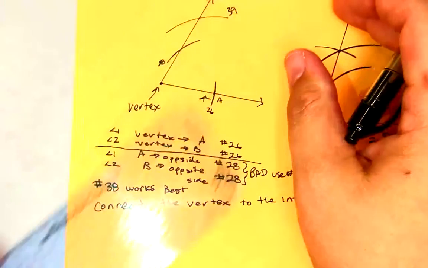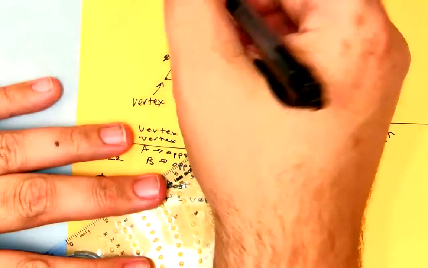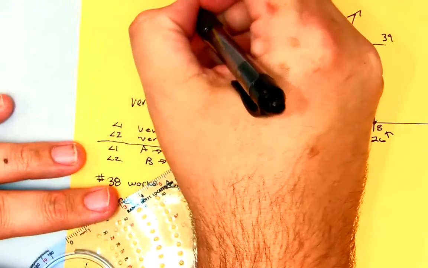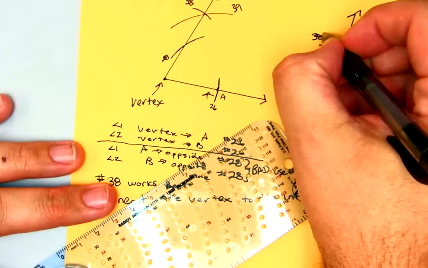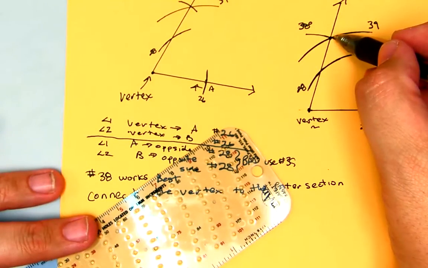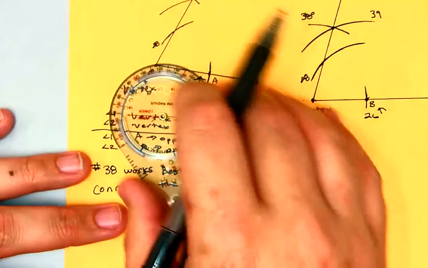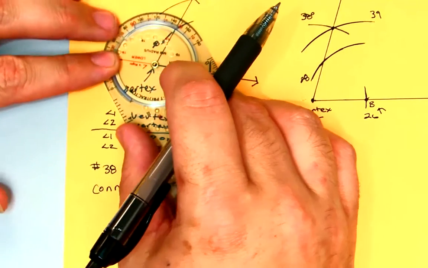Now, what I found out was, once I put that here, 38 would have drawn an arc that went through like this. I used 38 over here, and I got a point. And in theory, I should have congruent angles. So if I check that out,